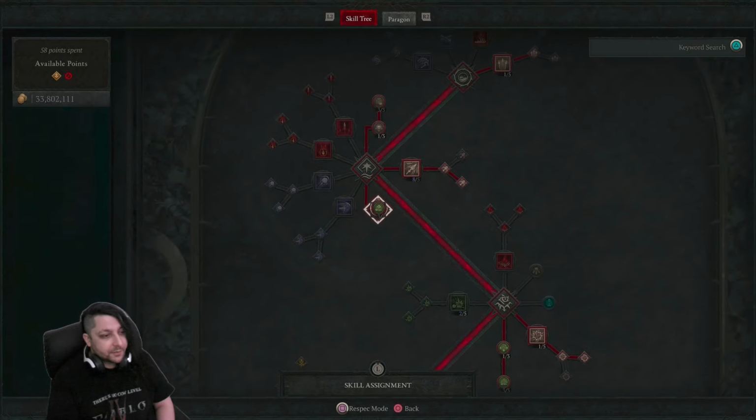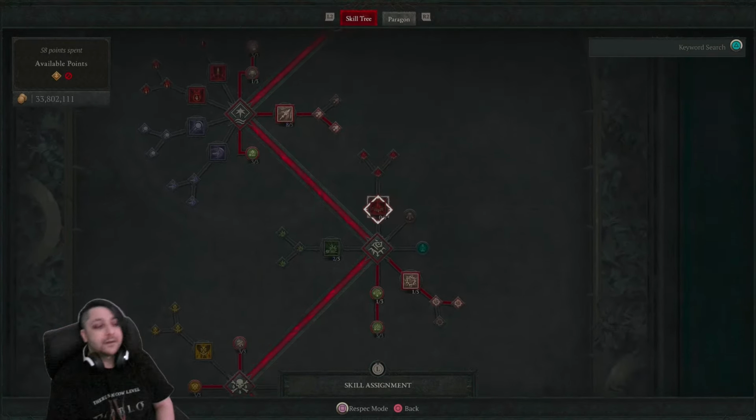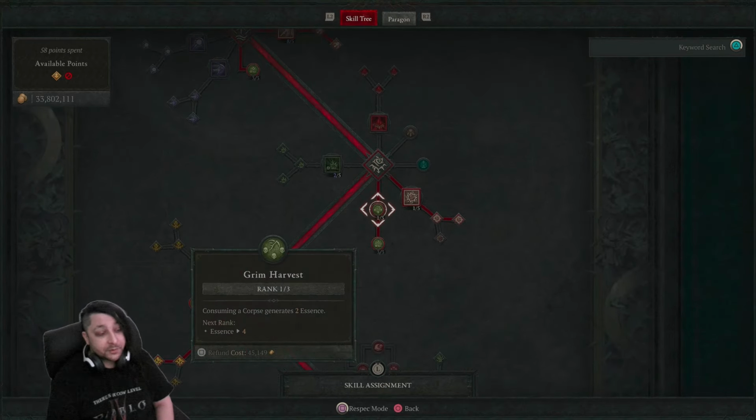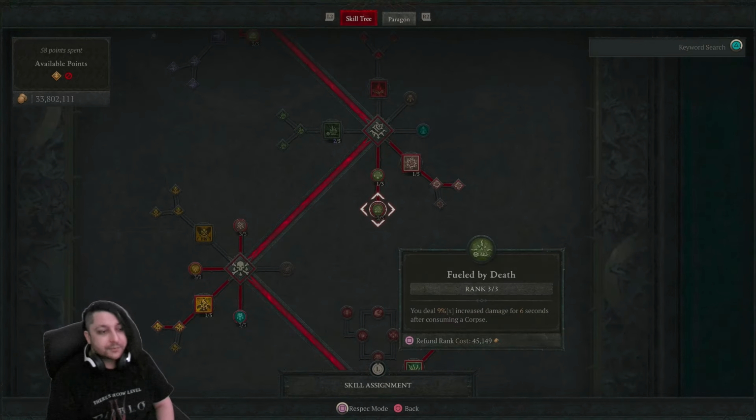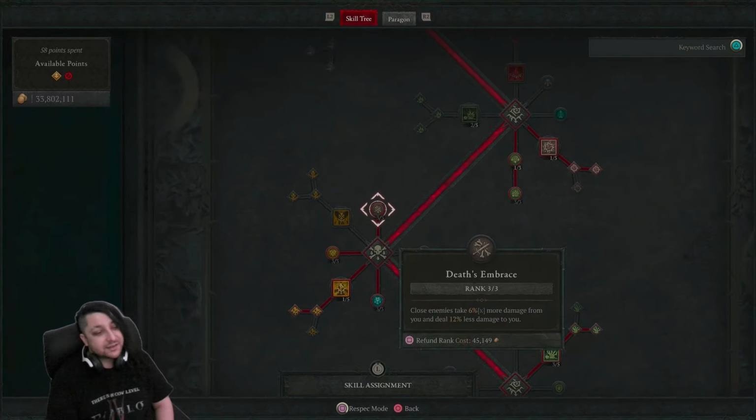Now, Hewitt flesh is maxed out, also imperfectly balanced. 1 point to Grim Harvest, because we don't really need it because of the aspect on the ring. 3 to Fueled by Death to increase the damage. Now initially, when you deal with easier content, you can use Death's approach, but for the harder stuff I recommend